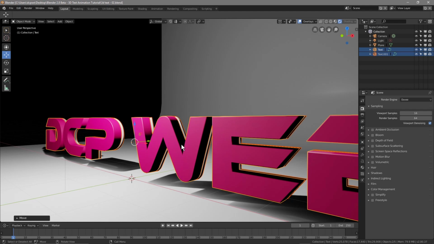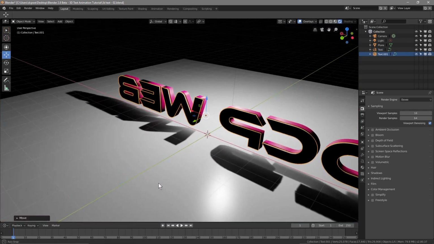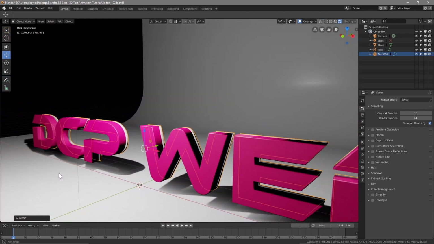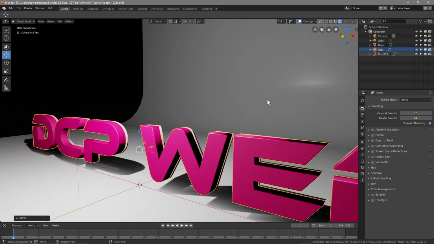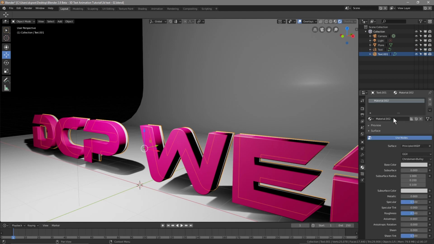The next thing I want to do is work with this text in the back. Can you see the text in the back? So we've got this text in the front and we've got the one in the back. So that's the top one here, I believe. Let's just double check. Let's just rotate around. So it's the one at the bottom, actually. So that makes sense. The one at the top is the text in the front, and the one below it is the text behind. So with the text behind selected, we want to go to Material, add another new material,